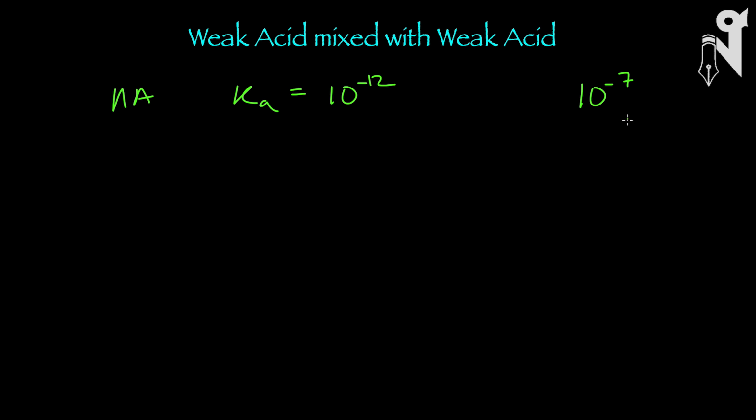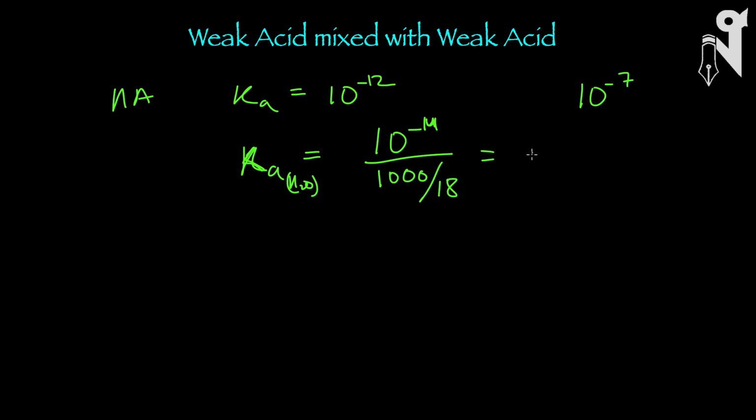If you remember the Ka value of water, Ka value of water was 10 power minus 14 divided by 1000 by 18, right? So that was 1.8 into 10 power minus 16, right? So if you have Ka value of other acids which are as low as 10 power minus 12 and lower, you'll take water also as a weak acid,